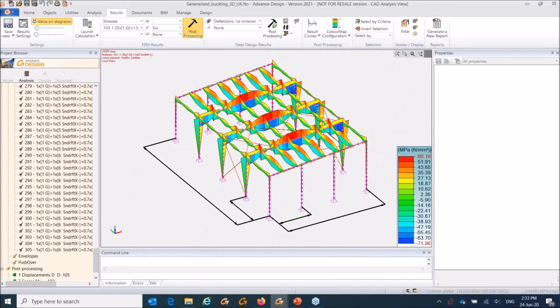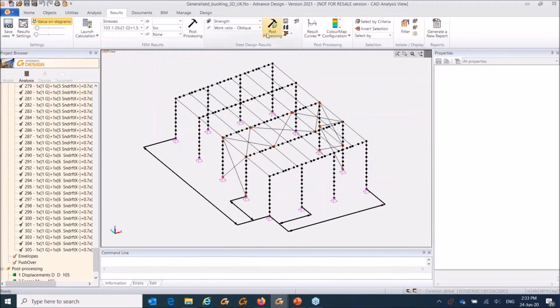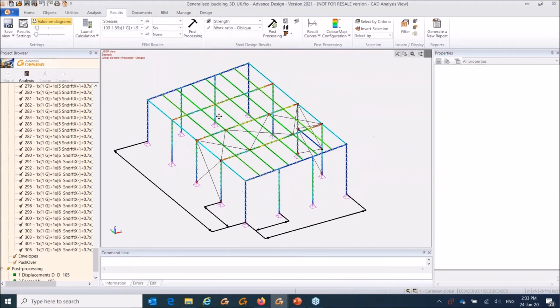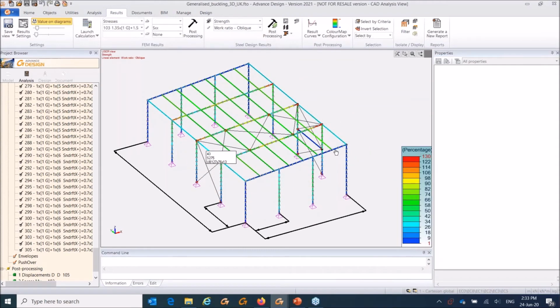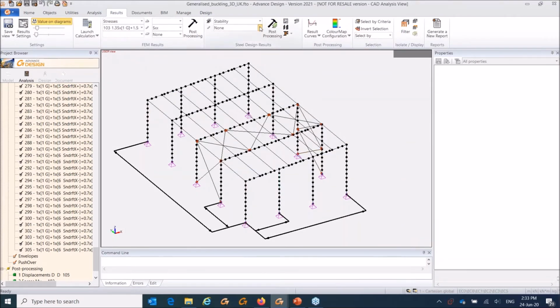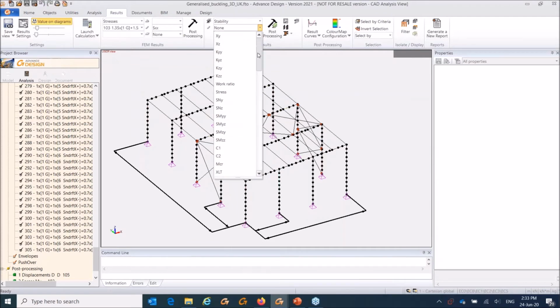Okay. Now I can also display the steel design results. So for example, strength, I want to take a look at my utilization ratio for bending moment. You can see in some areas I have more than 100%. For the axial force, the bracings are working fine, maximum of 23%. And then I can also take a look at, for example,